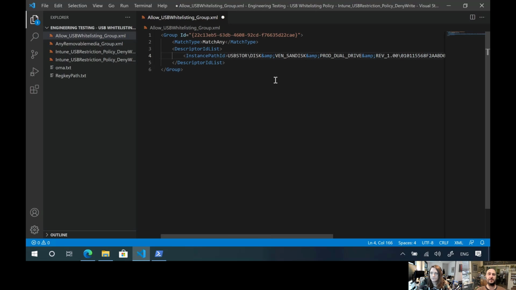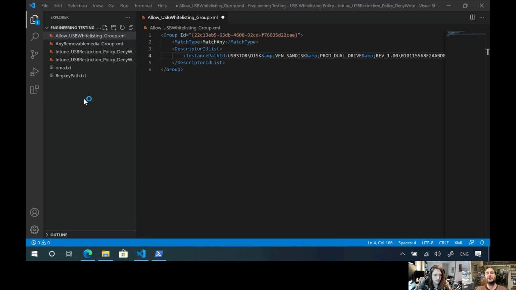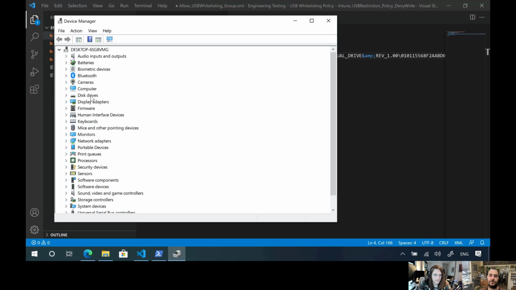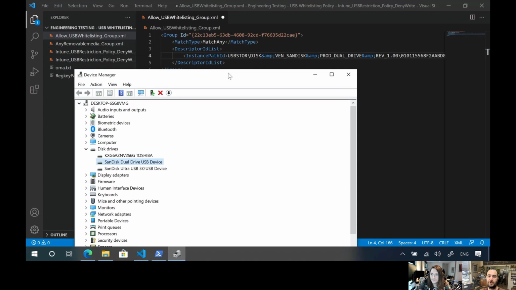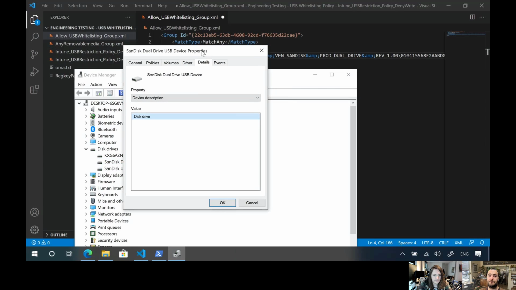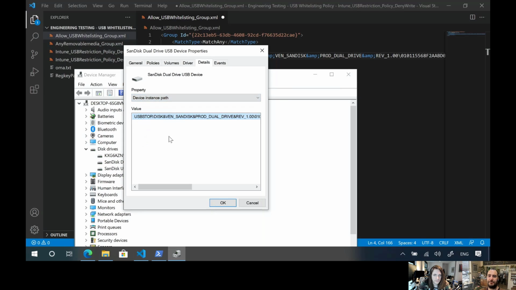We're using instance path ID because of what that is, and I'll quickly show you how we get that, if we go to device manager. To get there, I right-clicked on start and device manager, and then I go to disk drives. You'll see here I have two USB keys attached, and I know that it is the dual drive because here it is, prod dual drive. So if we double click on that and we go to details, and then we go to device instance path,